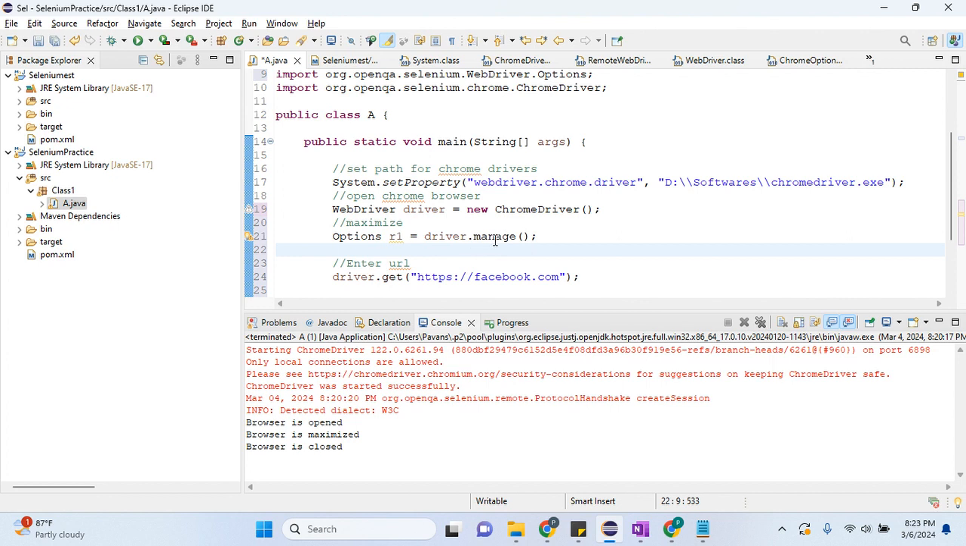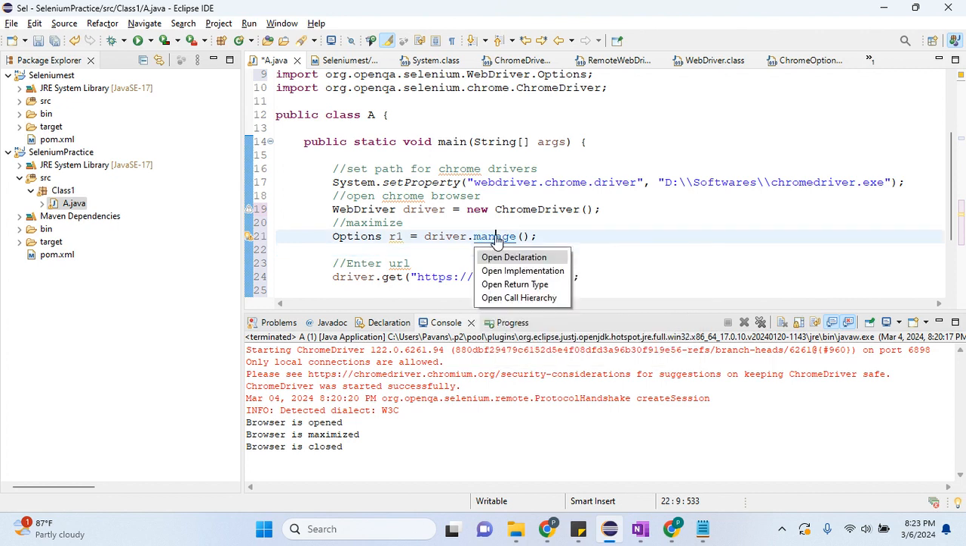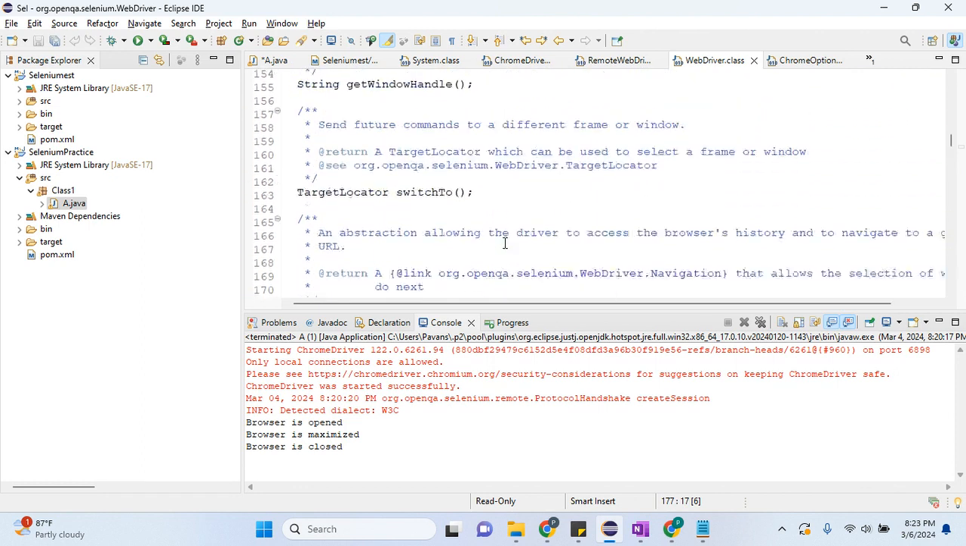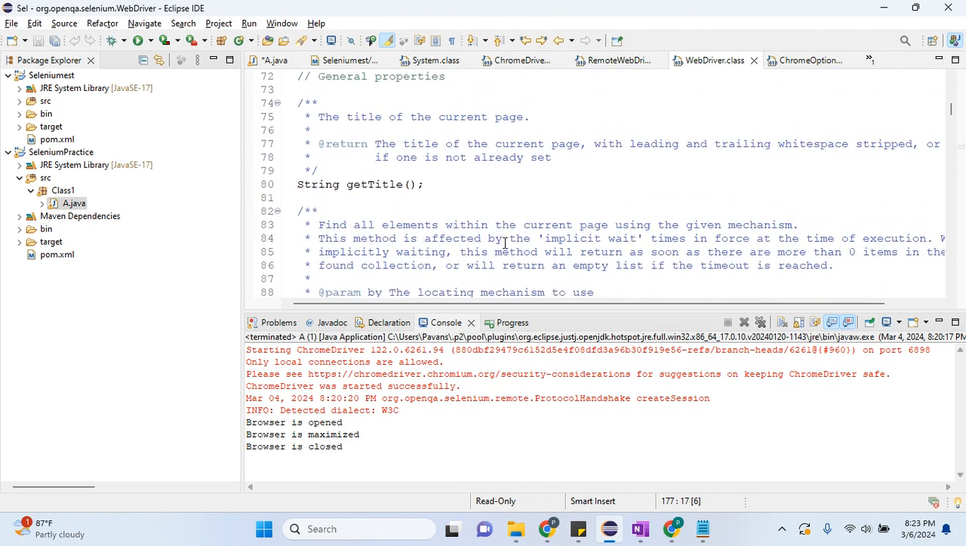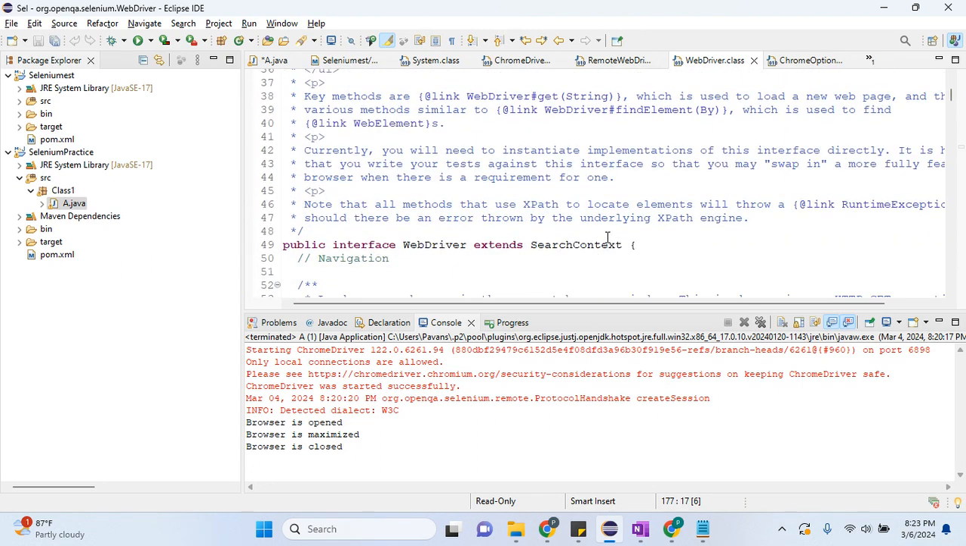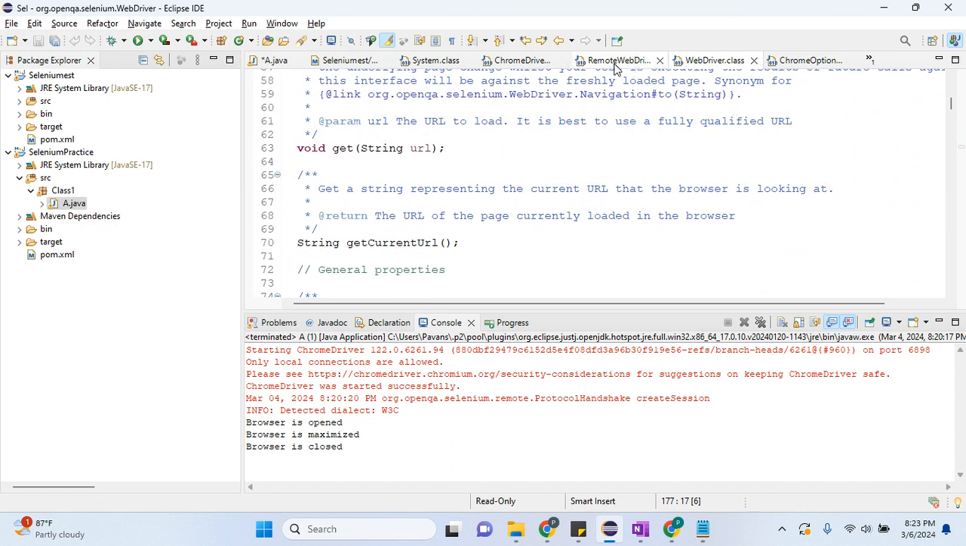You don't know what the return type of the manage method is. For that purpose you have to navigate to the manage method and see. So this is written in the Options class, I guess. That's why WebDriver action search is returning that. Okay,